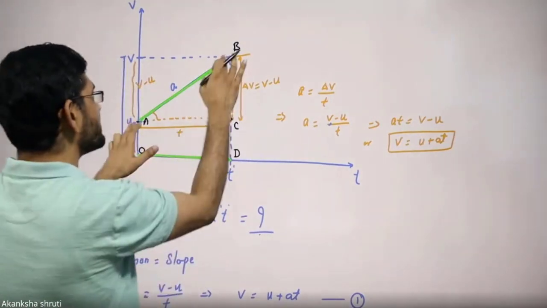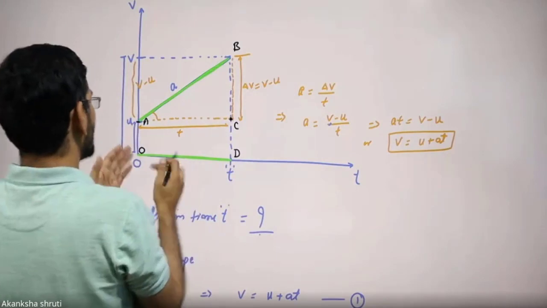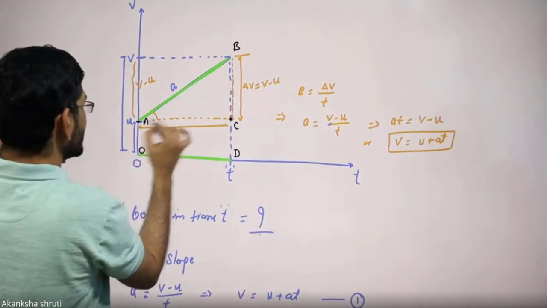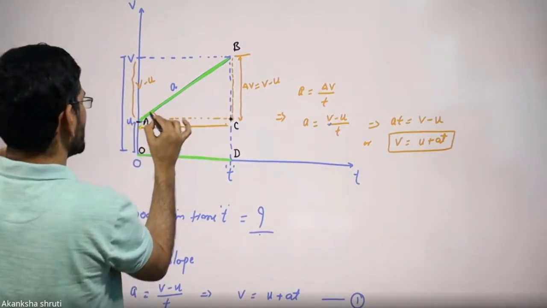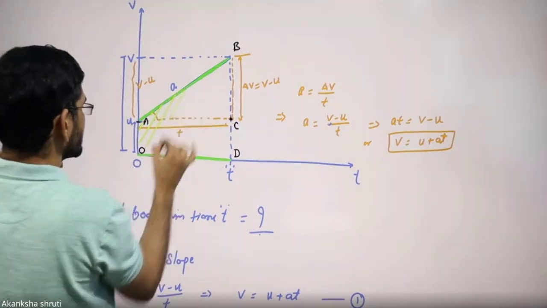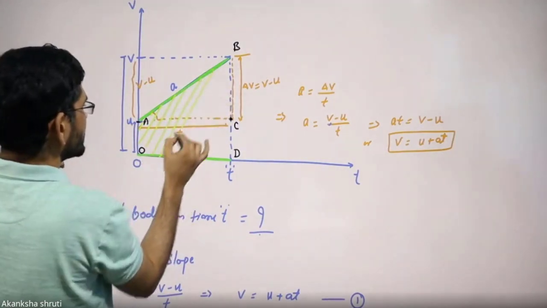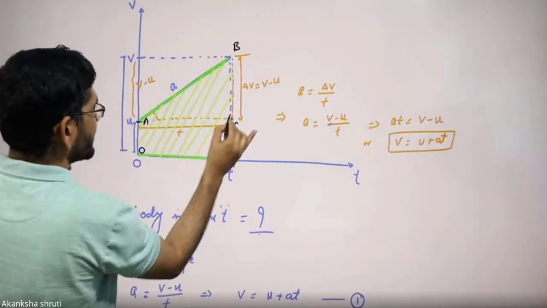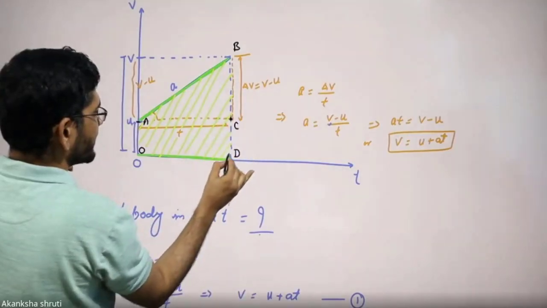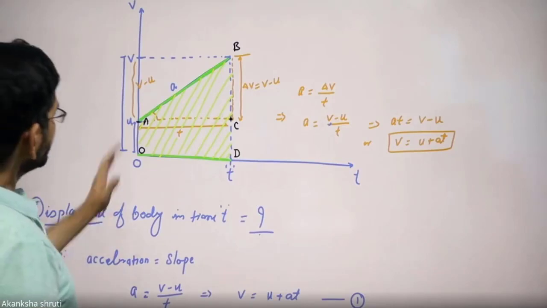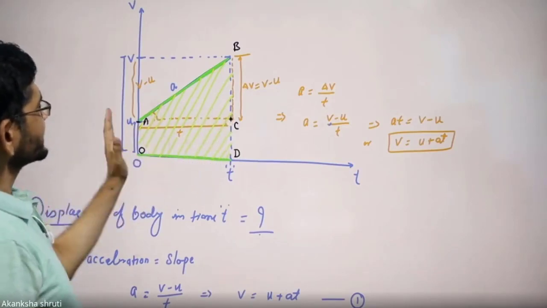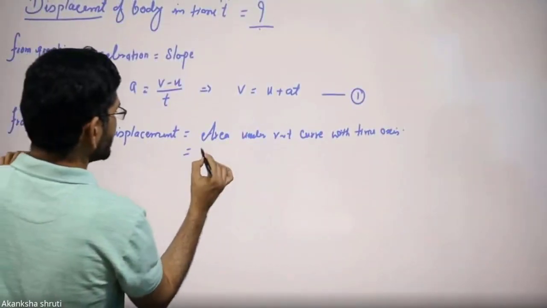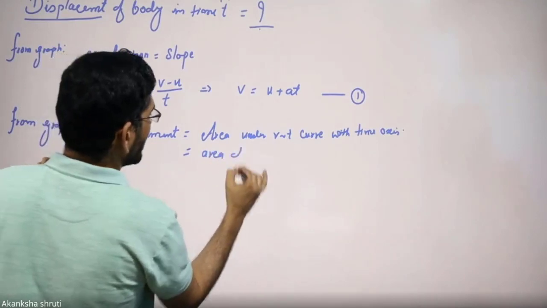So the area between this curve and this, how is that area? That area is quite easily visible, students. It is nothing but this much. You can observe it here. These are the area. It is this one. Okay? So it is nothing but a trapezium. So we can write this area is the area of a trapezium.